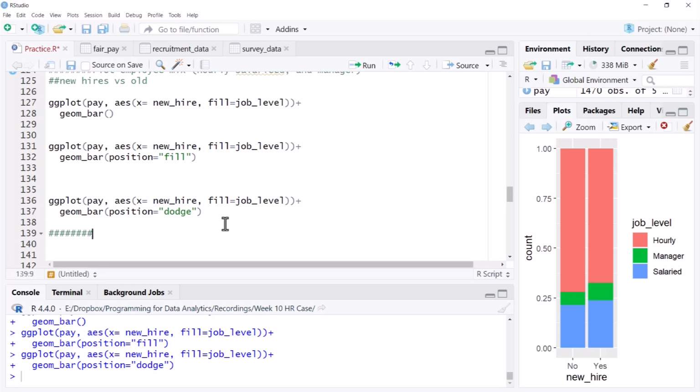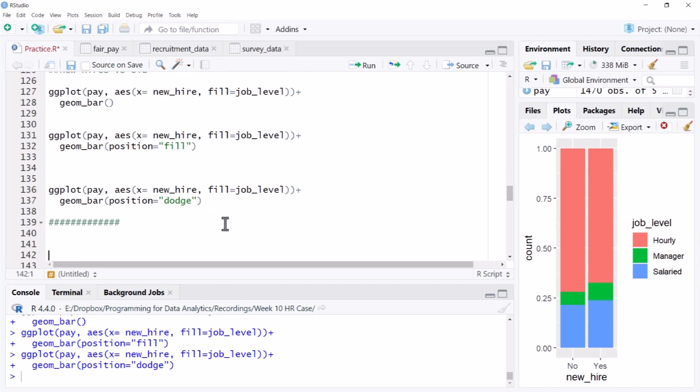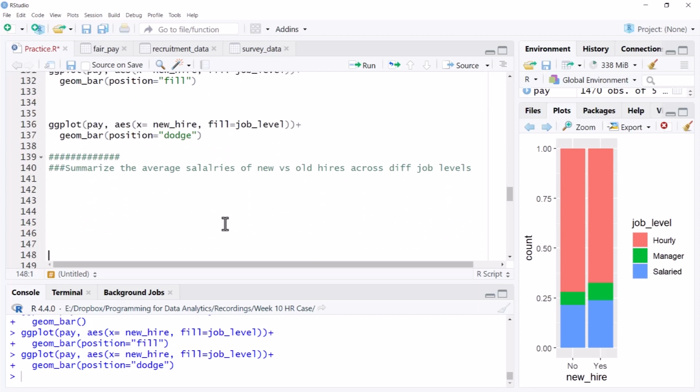So now what we need to do is probably summarize the salary across new and old levels. Earlier we saw the aggregate level. So now we would like to summarize the average salaries of new versus old hires across different job levels. Probably that would give us a more clear picture. So what we'll do is we'll use this pay variable that we have created. We'll group by new hire